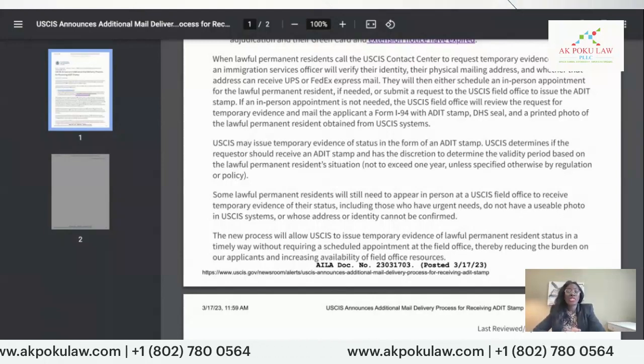Very welcome. These are all strategies that USCIS is using to reduce backlog. It is very welcome. Anything for the cases to actually proceed more. This is great news, so that rather than people forming long queues, sitting there just trying to get a stamp, it can be processed virtually and mailed to you, and then we all move on. So that's the latest update for all persons with pending green card applications or whose green cards have expired. If you need our help, please don't hesitate to contact us